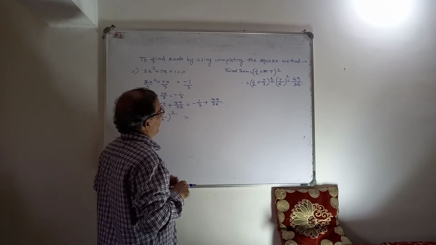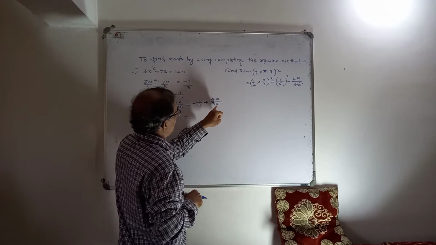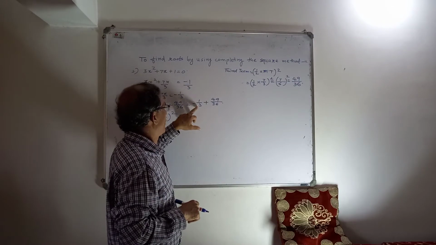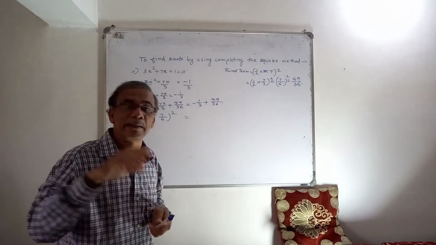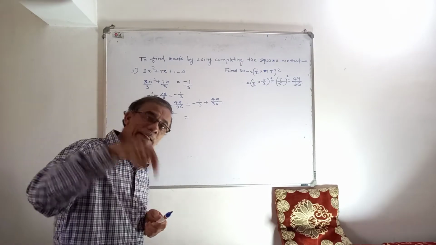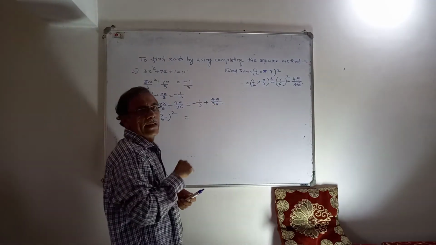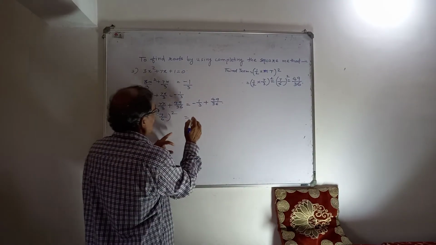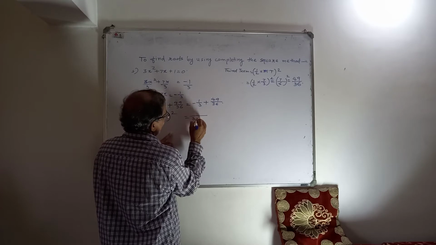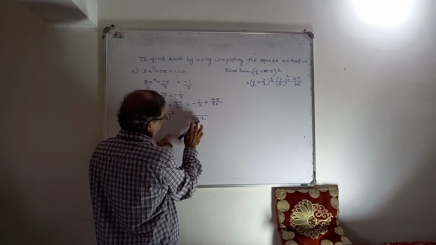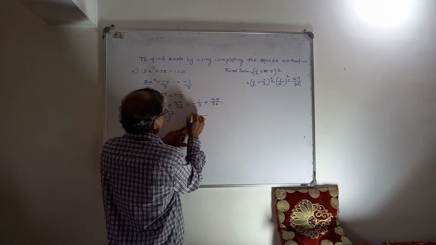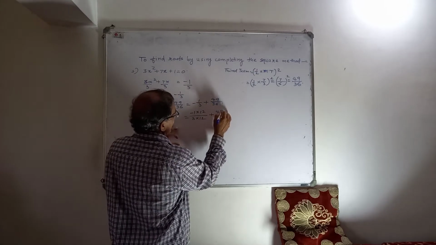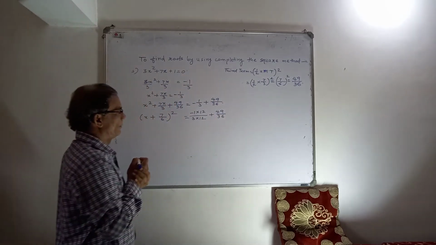Now what you do, see the denominators, here 3, here 36. Which is the bigger one? 36. You see whether the table of 3 will contain 36, or is there any number which when multiplied by 3 will give you 36? Yes, there is a number, 12. 12 into 3 will give you 36. So to make the denominator common, you multiply here by 12. Once you multiply the denominator by 12, immediately you multiply the numerator. And plus 49 upon 36.